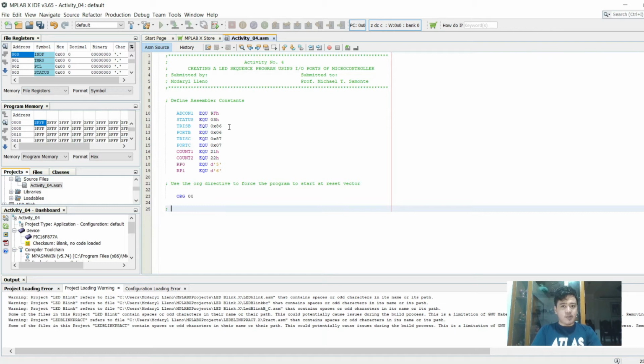Next, we're going to initialize the ports. So we're going to set port B and port C as outputs. For us to set port B and port C, let us first clear the working register. So let me just add a comment: clears the working register. Then we need to clear bit RP0